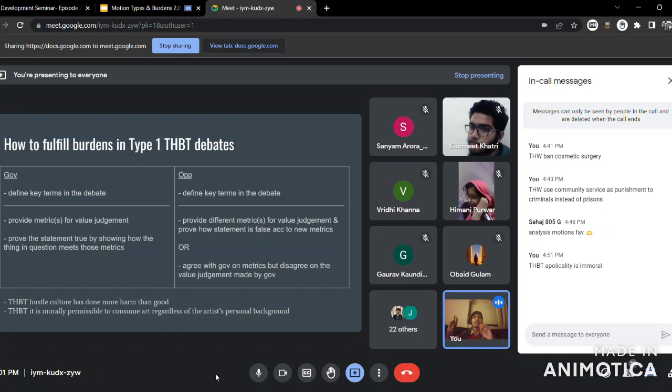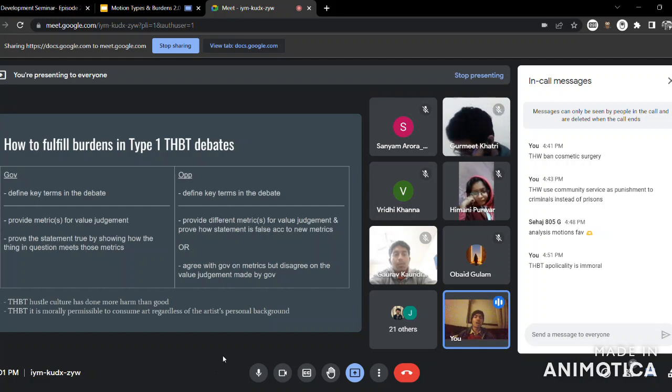If you are opposition and government in PM sets an unfair definition, what you do is right at the start of the LO speech, you start your speech, or you have at least in your speech a challenge to the definition. You say that listen, we are challenging Gov's definition, and these are the reasons why we are challenging it, because it's unfair for so and so reason. And then you continue with your case, which is based on your definition. You tell what the reasonable definition should be, and then you go on with your case.